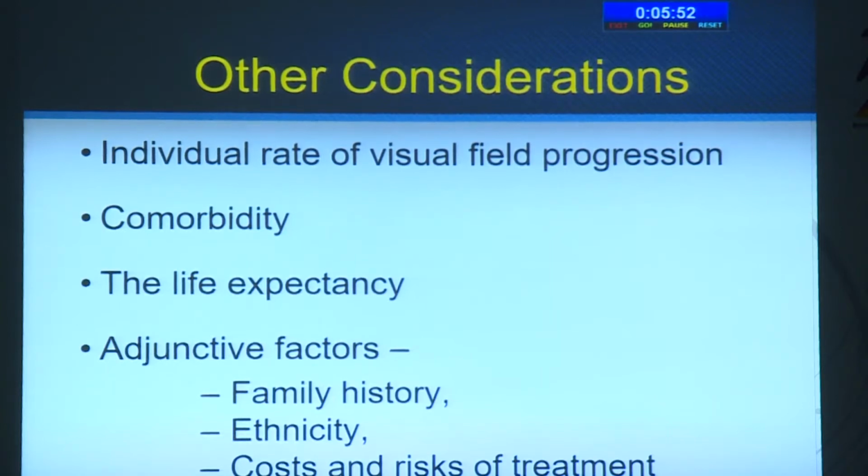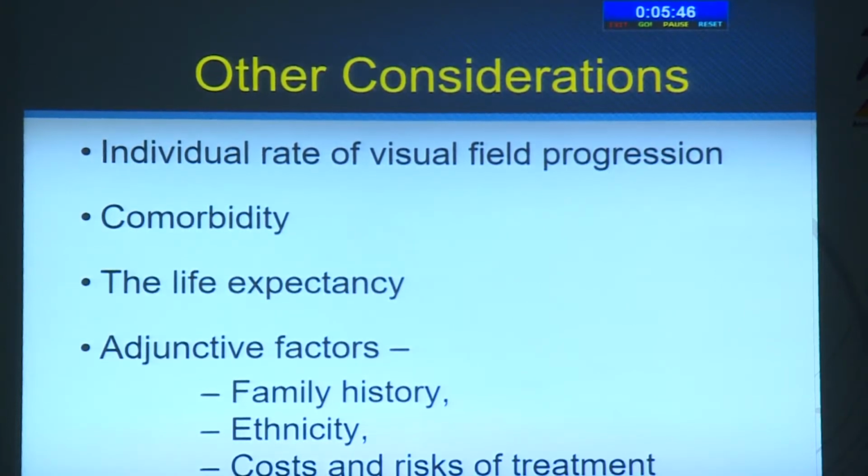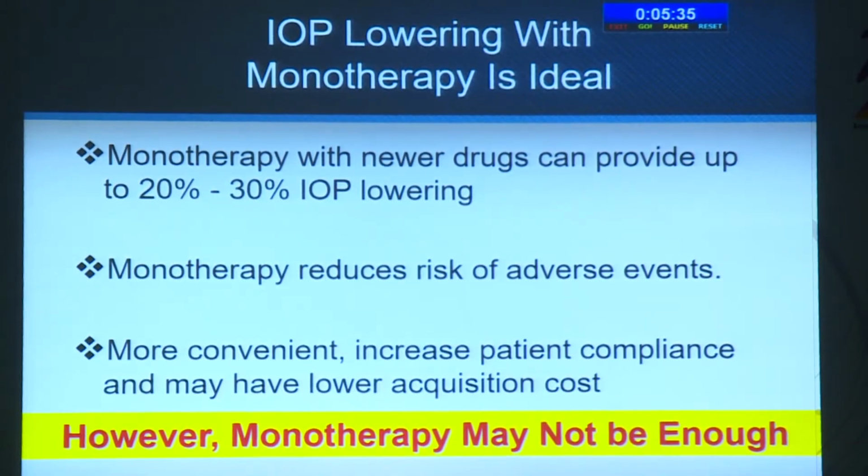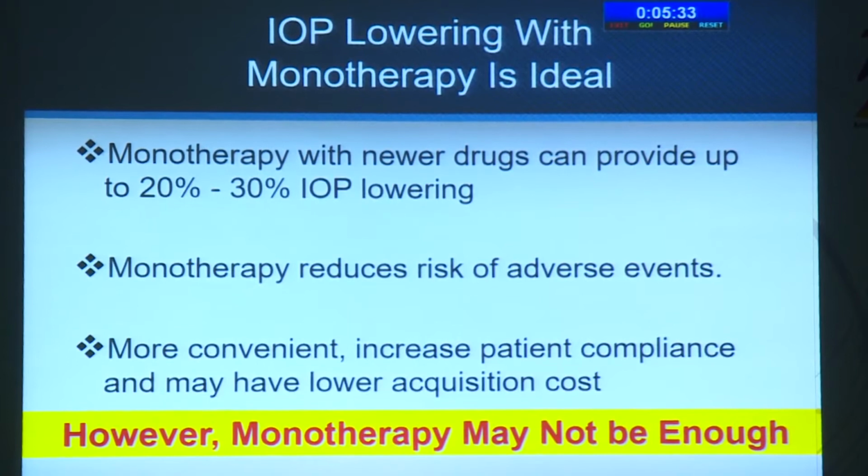Other considerations are not only the severity of the disease but also comorbidity, the life expectancy of this patient, and most importantly family history, cost, and risk factors involved. Lowering IOP with monotherapy is the ideal treatment. However, it may not be enough in all patients, because maybe a patient is non-compliant, there is a